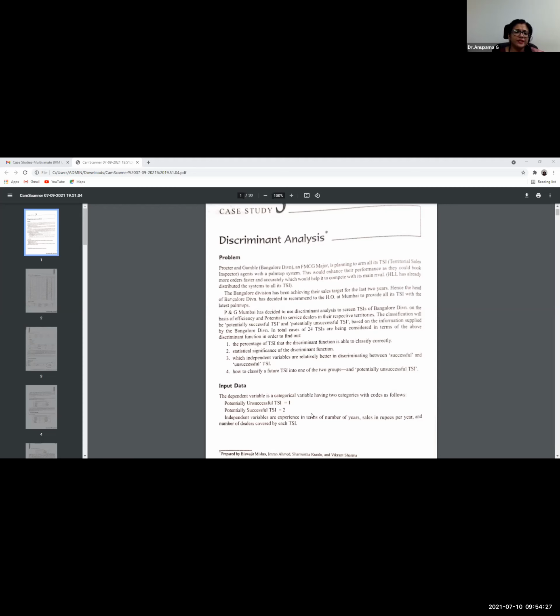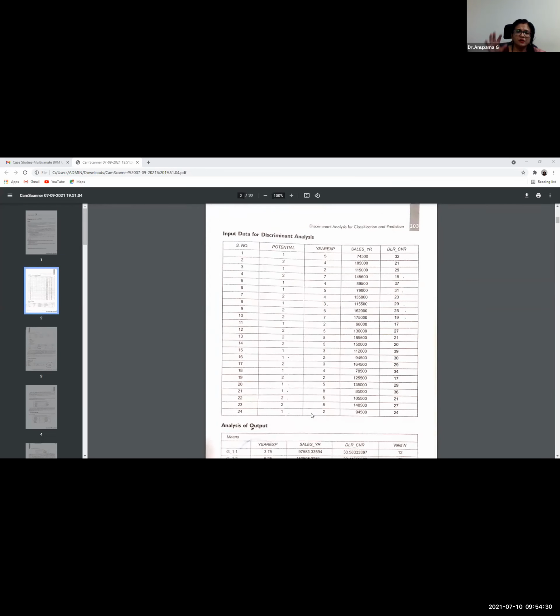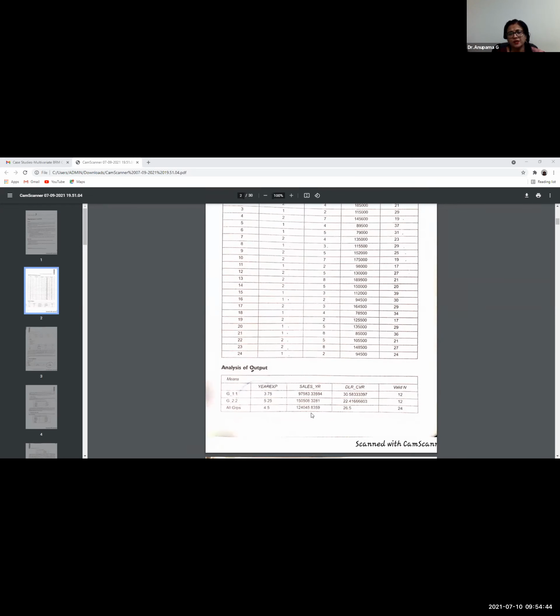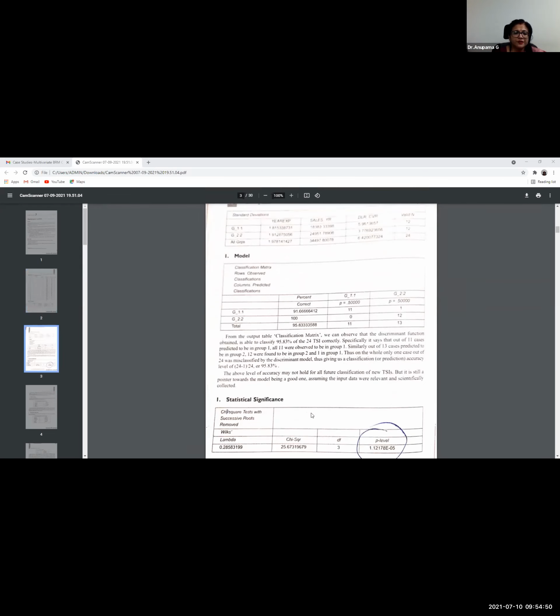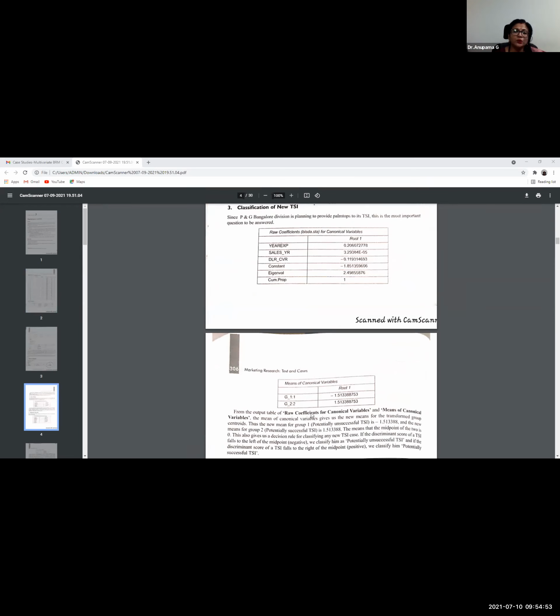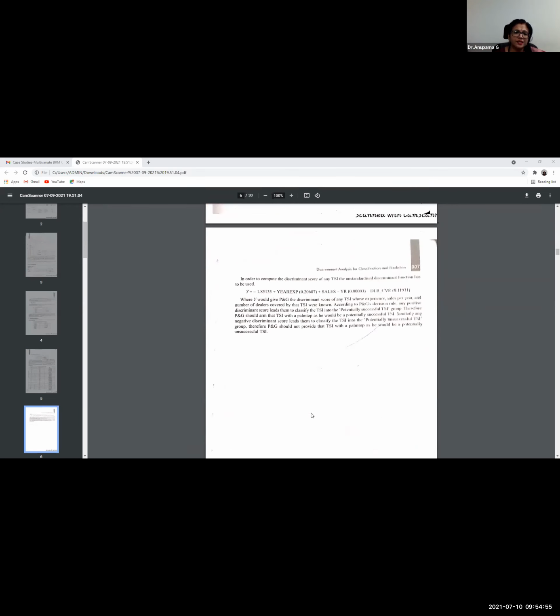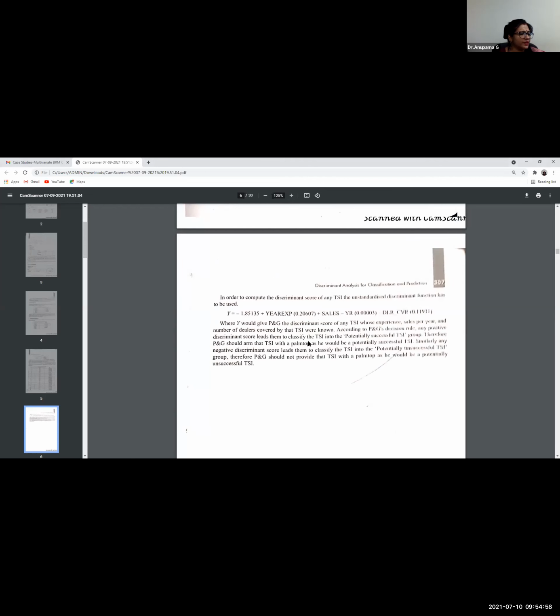So what are they also trying to find out? They want to find it out based on some independent variables. What are the independent variables? Years of experience of the sales inspectors, based on the sales that they have done and based on the dealer coverage. They want to categorize them and then give the pump top system to the successful ones. So what is the final discriminant function that has been found? We go to the end of the case study, which will give you the output. What is the output of the case? It has the discriminant function. What was the discriminant function format? Y is equal to a constant plus k1x1 plus k2x2, right?